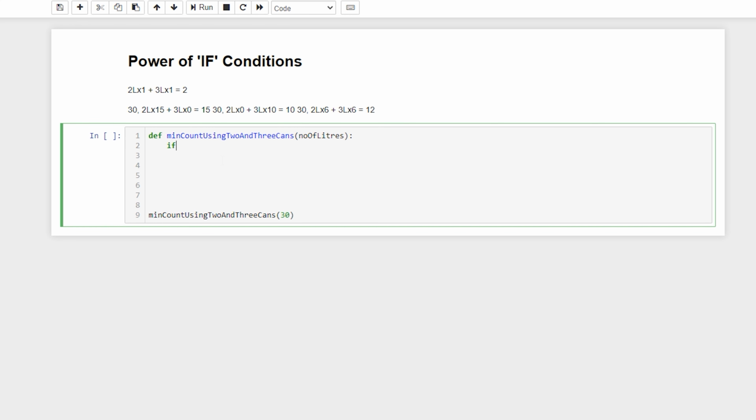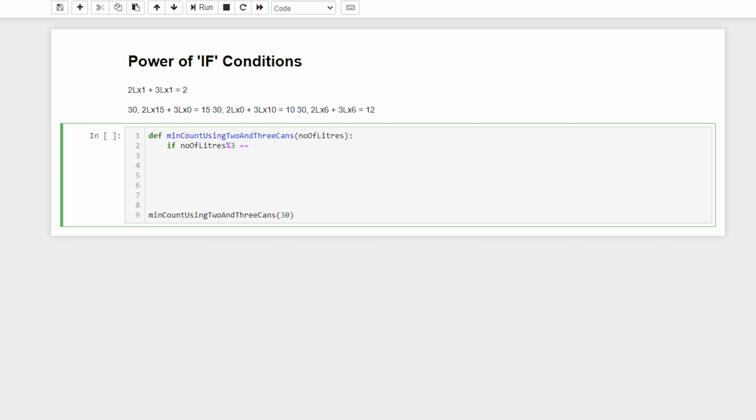So if this number of liters, obviously you have to copy the variable while you are writing a program and then paste it instead of typing, because if there is any single mistake while typing a variable, then it gives a kind of compilation issue. So I just copy pasted here, number of liters divisible by 3, in the sense I am checking the remainder here, which means modulus. Obviously in our previous sessions we were saying how to use this one.